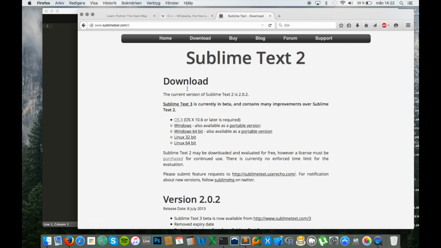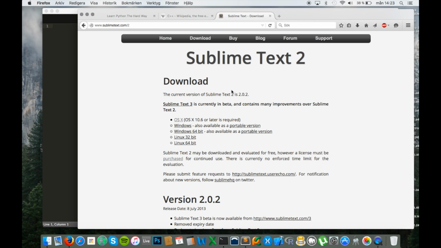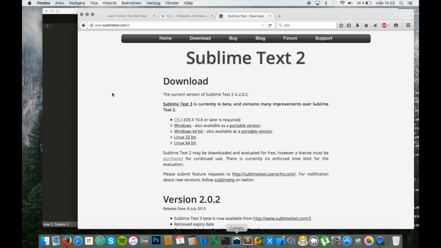For a basic text editor, that is my weapon of choice. I will show you Enthought Canopy later on for actually doing the research parts. But I will start with Sublime Text just to show you the basic programming stuff.